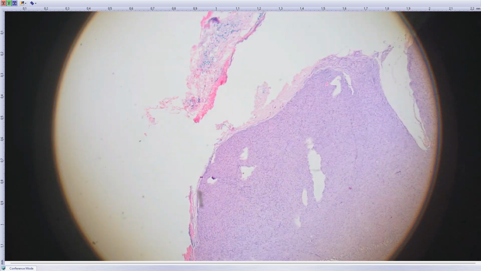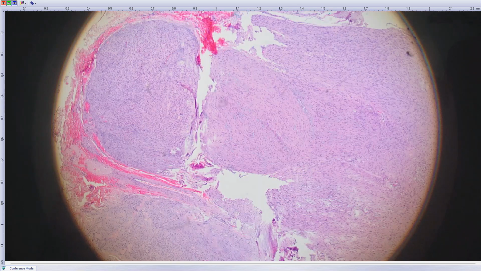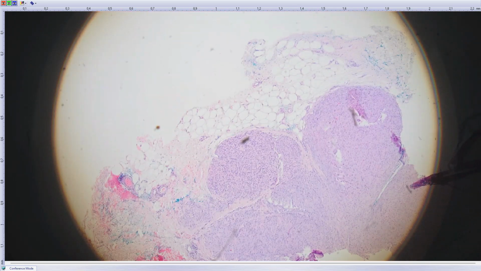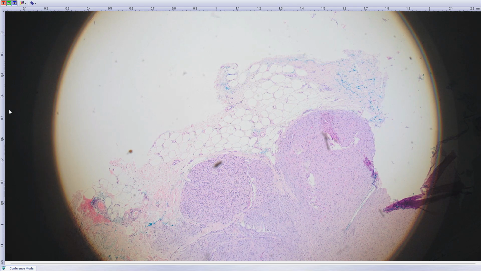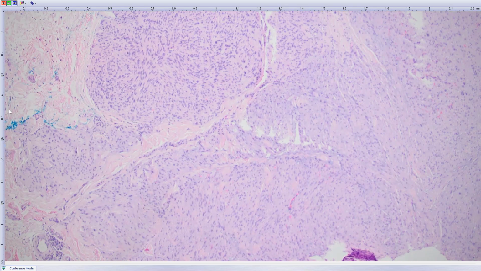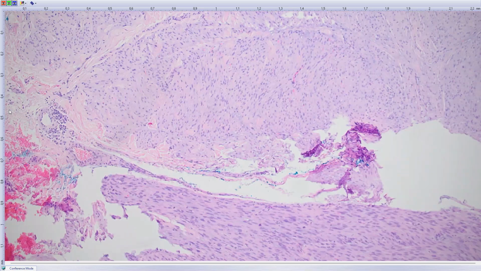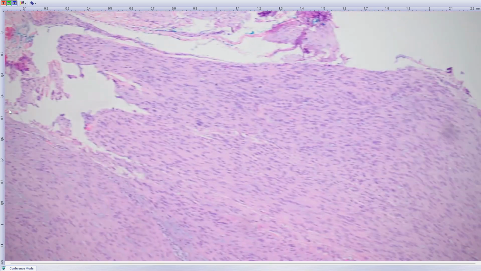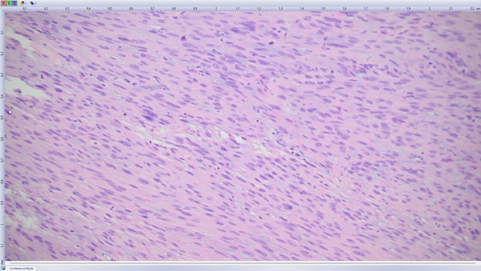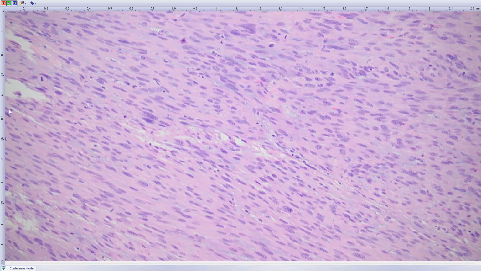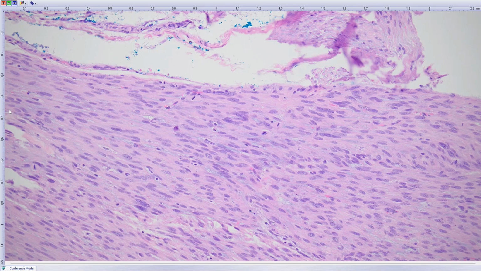Importantly, it's going down deep, and in some parts it was going into the subcutaneous fatty tissue, and this lesion is composed of this eosinophilic, mildly atypical proliferation with lots of mitotic figures, and I believe there was